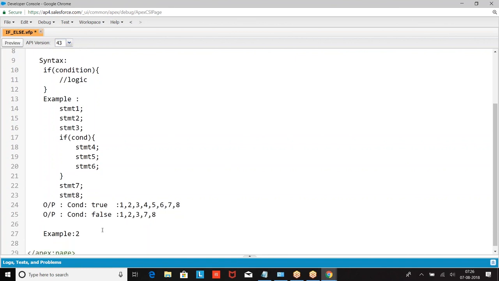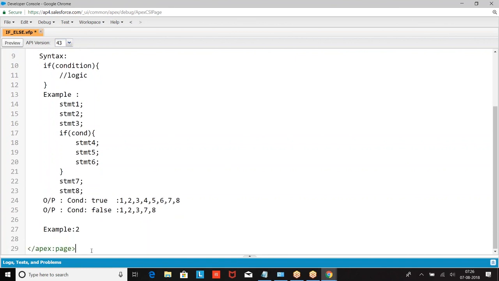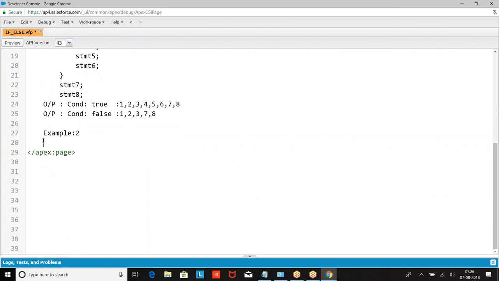Example: if age is more than 25, then set salary as 50K and bonus as 2K and print the values.